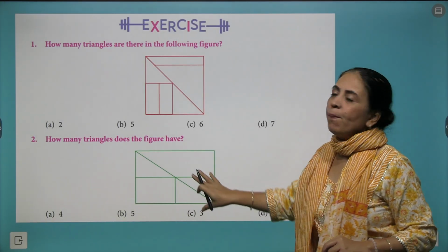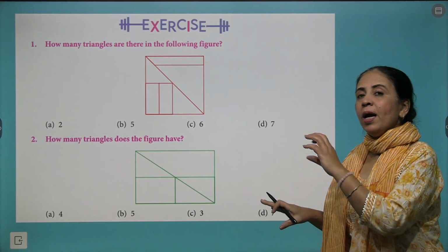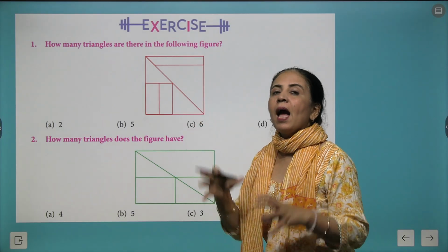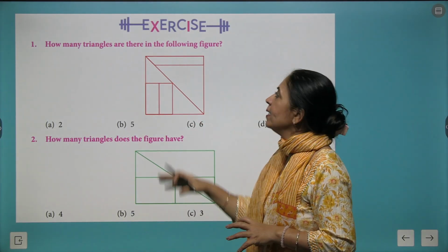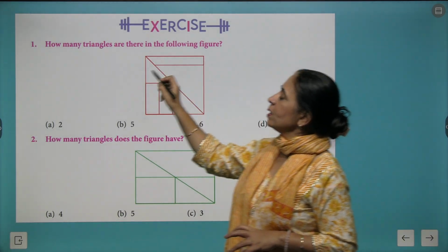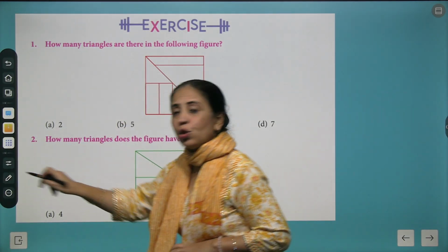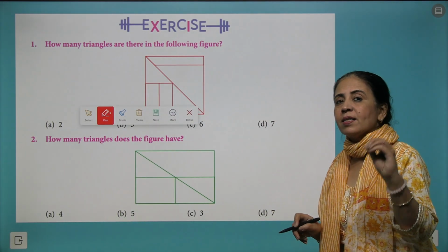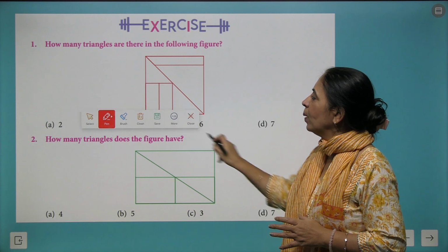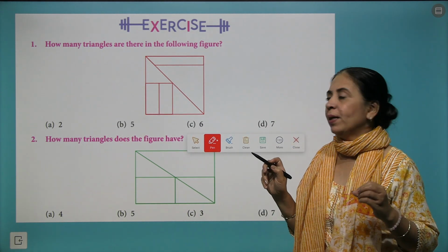Further, we have brought more questions for you in which we have the culmination of different figures, and you have to analyze how many triangles exist here. So observe the figure carefully. I have taught you certain rules to understand how the number of triangles is calculated. You have to implement them.